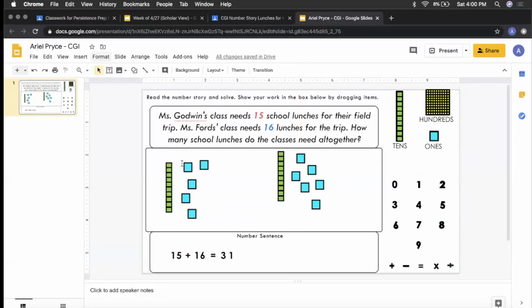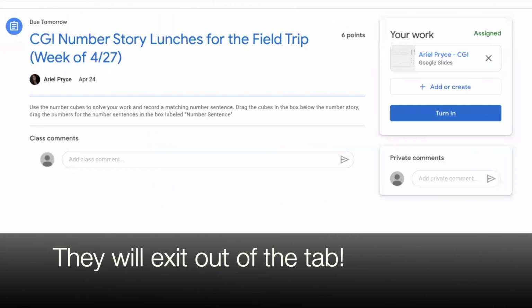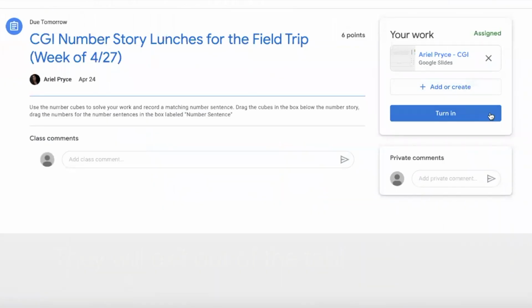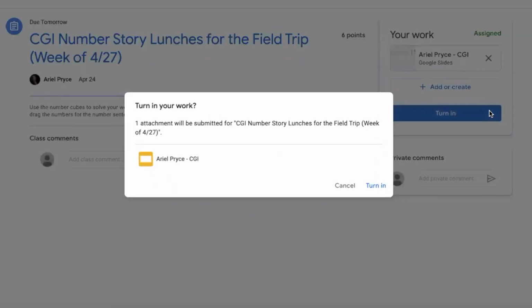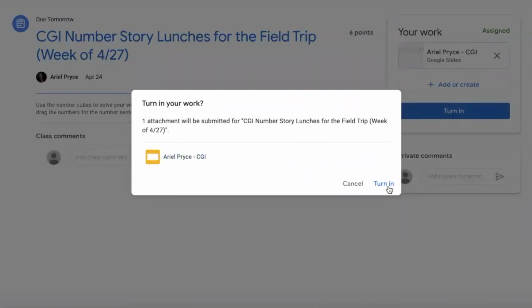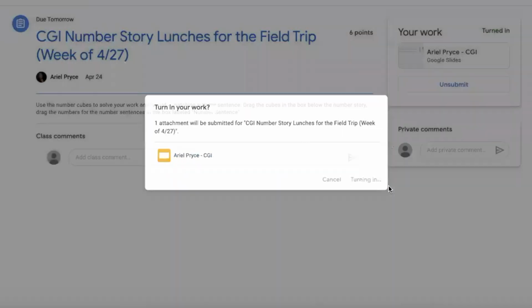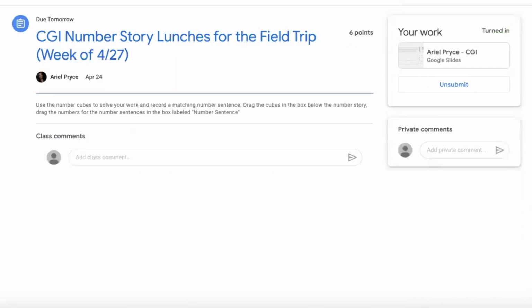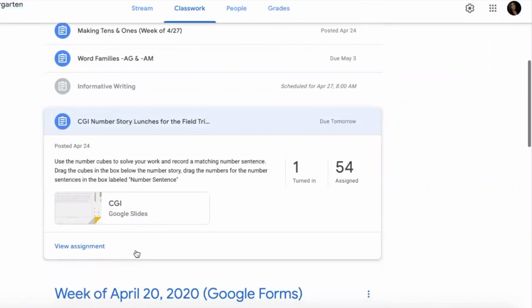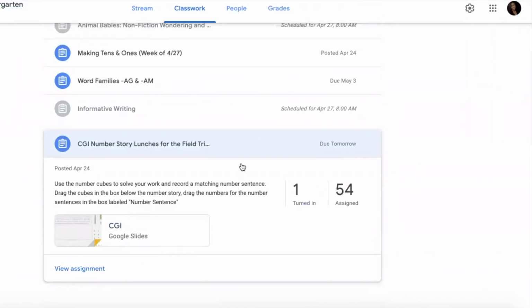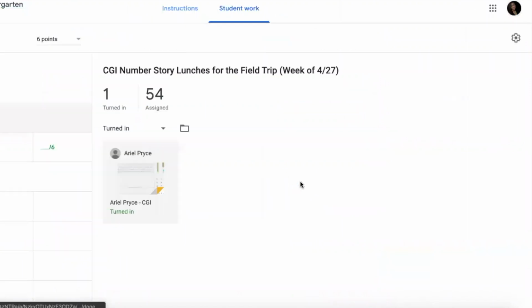once they're done solving the problem, all they have to do is click exit and then submit turn in. So then they'll click turn in, and then their work is verified as turned in. And if I turn it over back into my teacher view, I'm able to see that one student turned in,